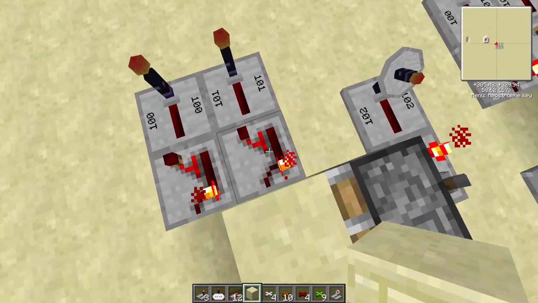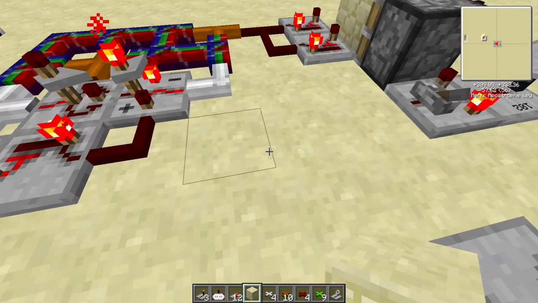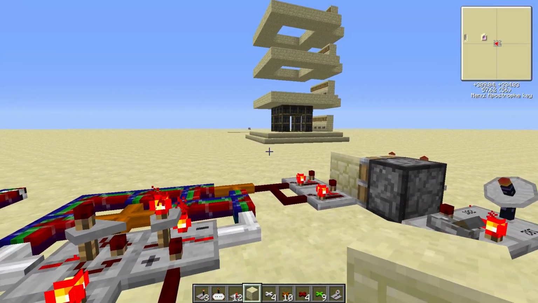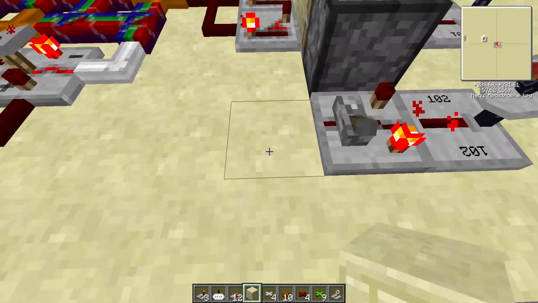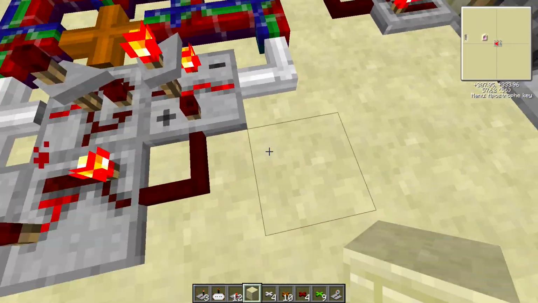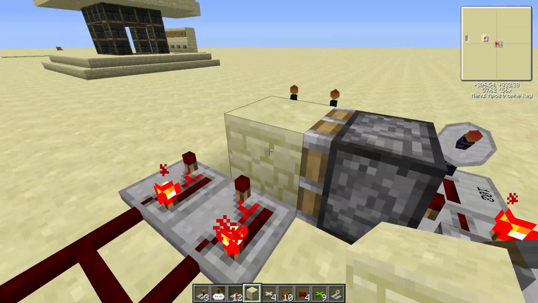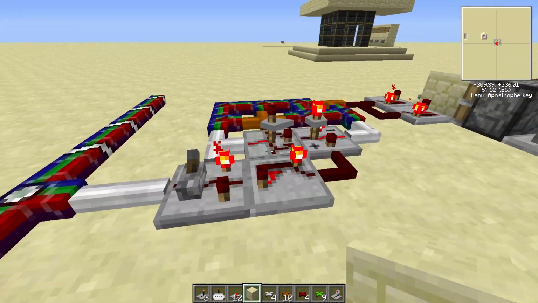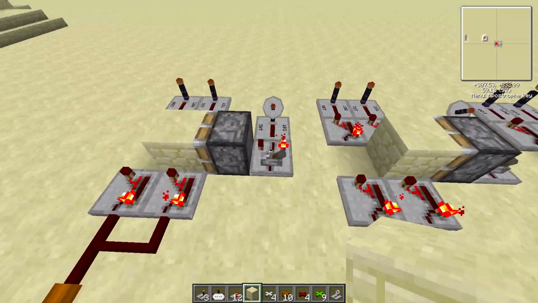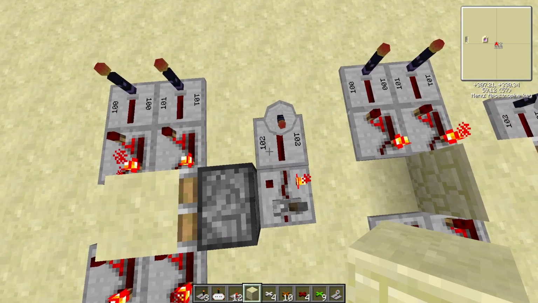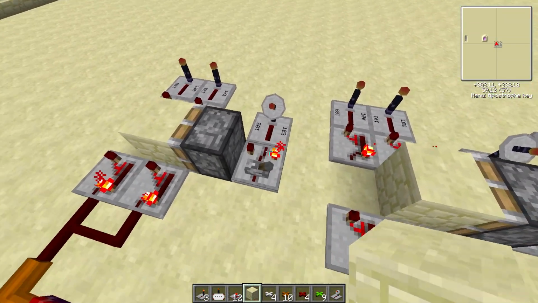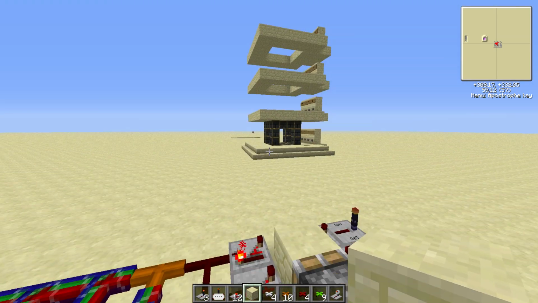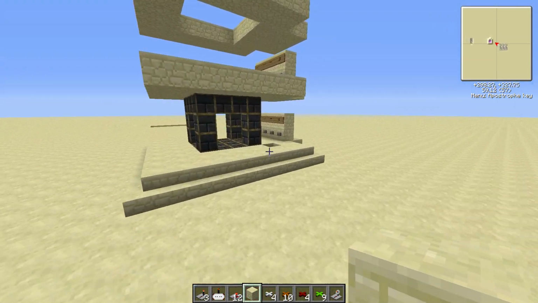Okay. Now, another thing you might notice is, compared to the last set of circuits I showed you in the last video, I don't have a wire running here from the output of the counter to the toggle latch to change direction when the circuit's finished doing its thing. The reason is, I want it to be set up so that my actual ComputerCraft computer controls whether it goes up or down. The main reason being is